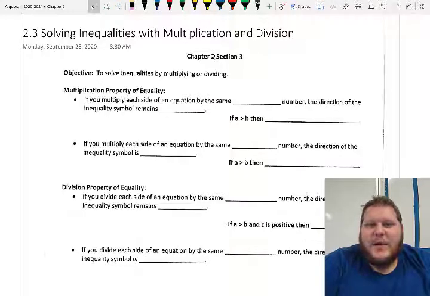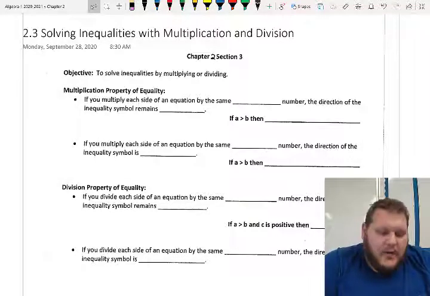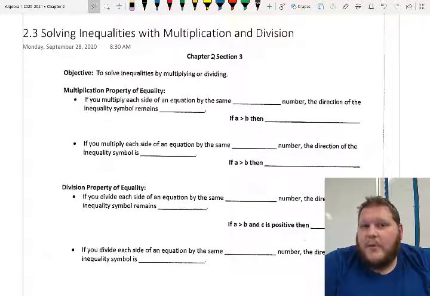Hey guys, today we are looking at 2.3, which is all about solving inequalities using multiplication and division. Very similar to chapter 1, we multiplied and divided on both sides to solve my equation. With my inequalities, I'm just going to be doing the inverse operation in order to get my variable isolated. There's just one little wrinkle that happens when we're multiplying or dividing on both sides of my inequality when that